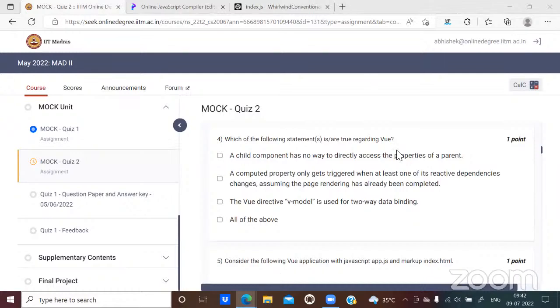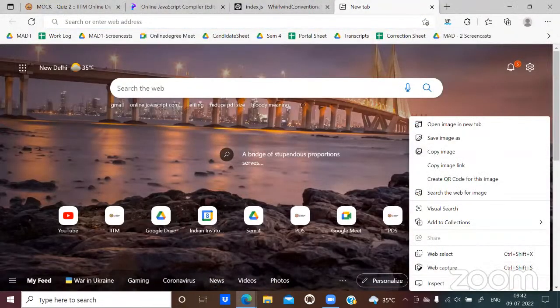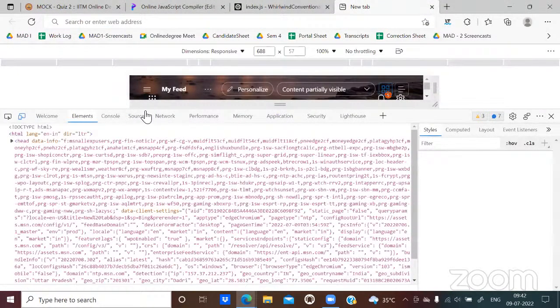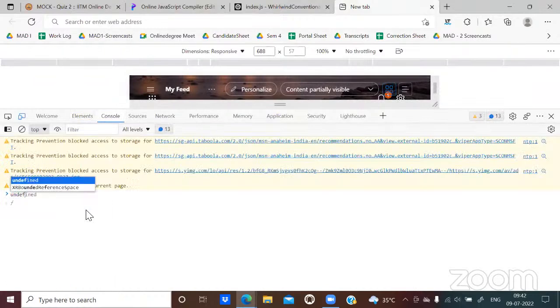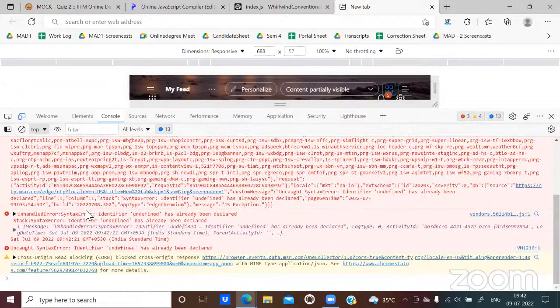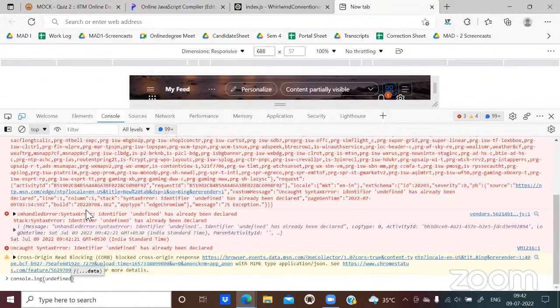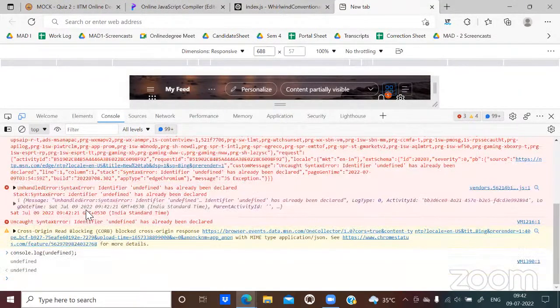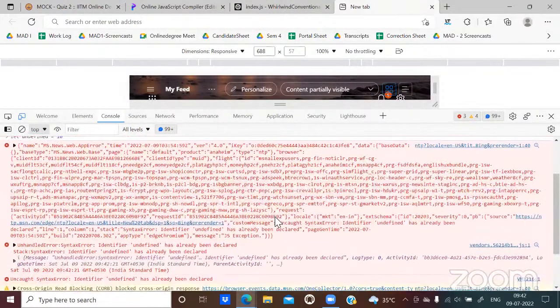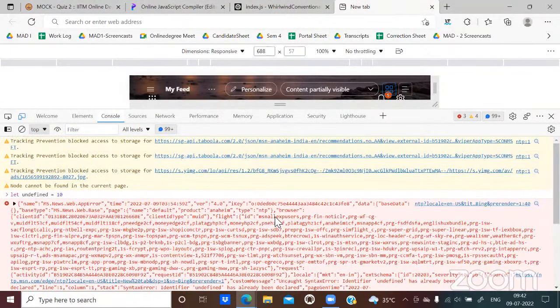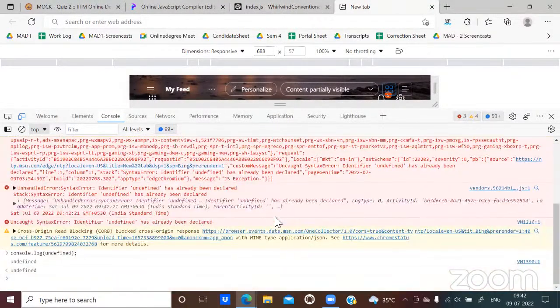Okay, maybe let me try here. Edge uses a Chrome-like interface, so that should work here as well. Yeah, okay. So it is something related to IDEs. I'm not sure what is happening. Ideally, it should not show the value that is assigned, because ultimately it is undefined only. Okay, anyways.